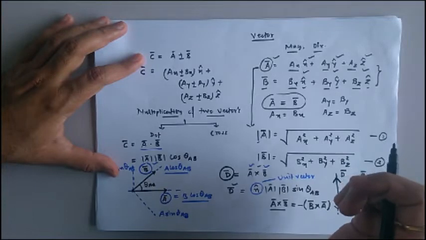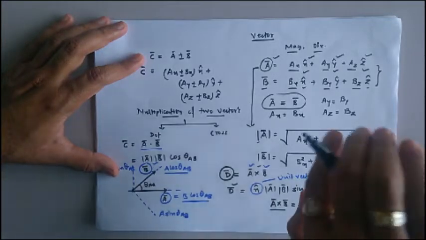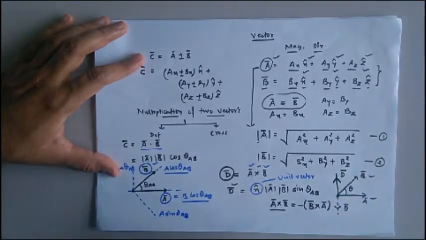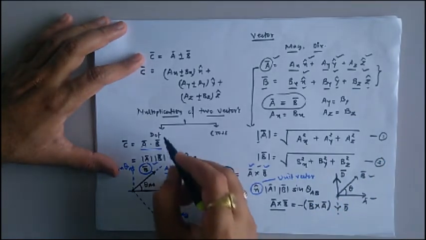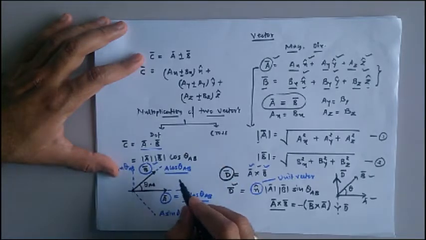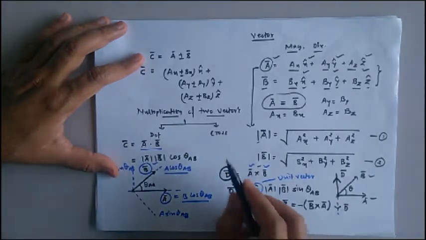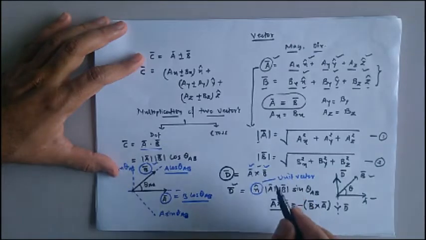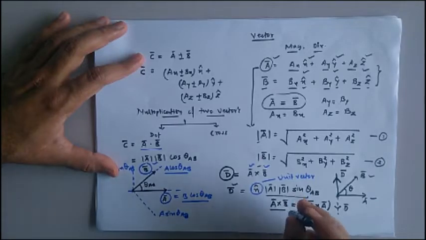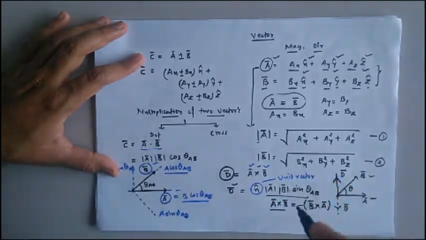And if we are trying to calculate or if we are trying to move from b to a, then the thumb will indicate the direction of the resultant vector. So one thing is very clear that the dot product of two vectors is a scalar quantity, it has only magnitude, whereas the cross product of two vectors is a vector quantity, it has magnitude as well as direction, and the direction is nothing but perpendicular to the plane containing those two vectors. It may be outward or it may be inward.